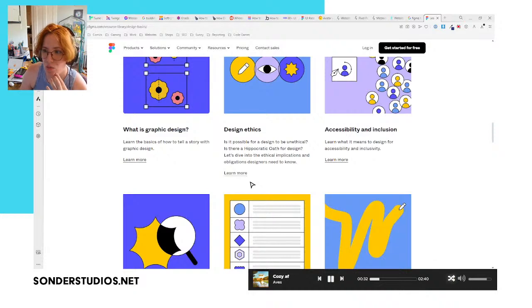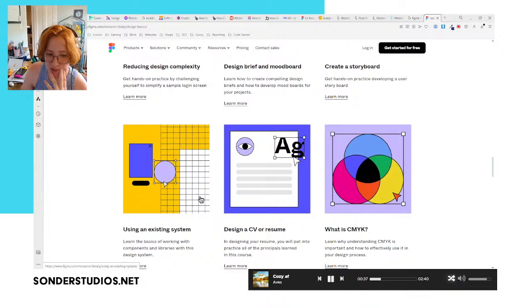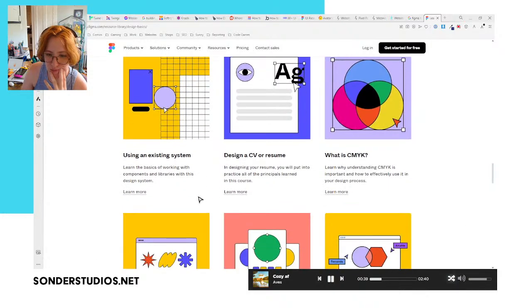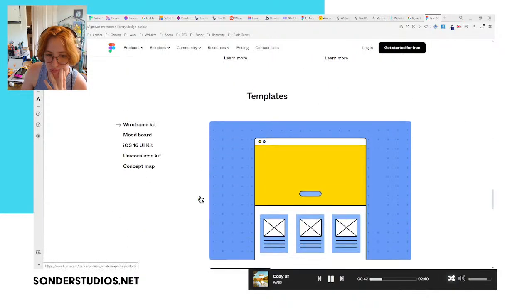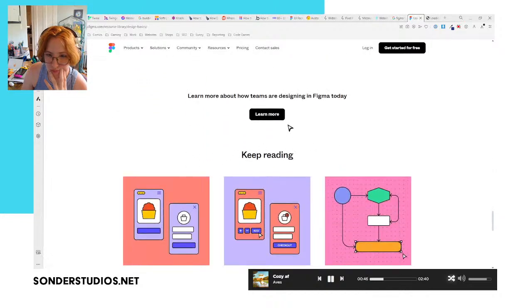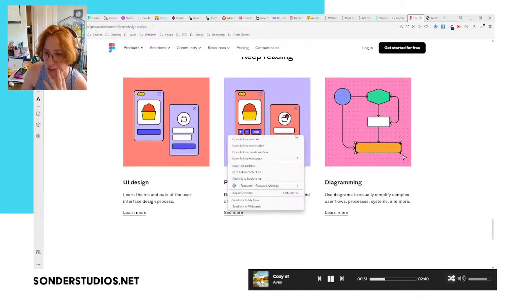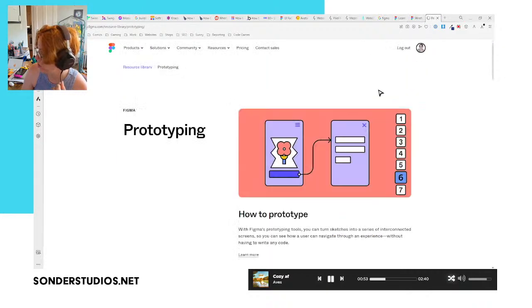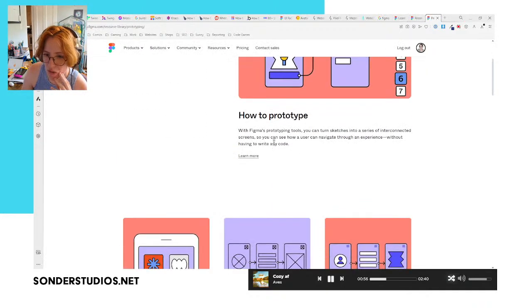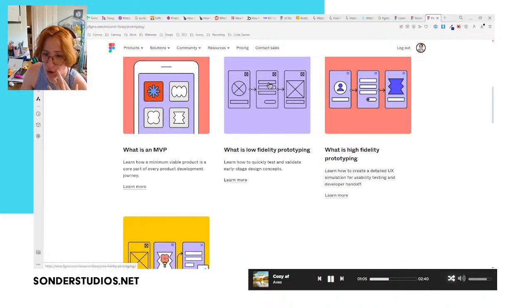Not exactly what I was looking for, but interesting nonetheless. I think prototyping was what I was looking for, actually. Figma's prototyping tools, you can turn sketches into a series of interconnected screens so that you can see how a user would navigate through the experience without having to write any code. Yep, this is what I was looking for.